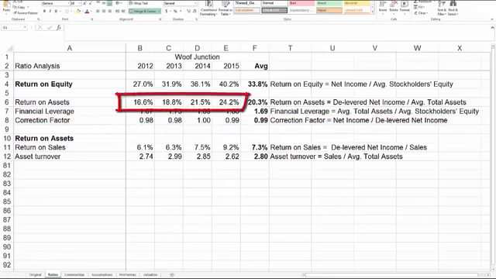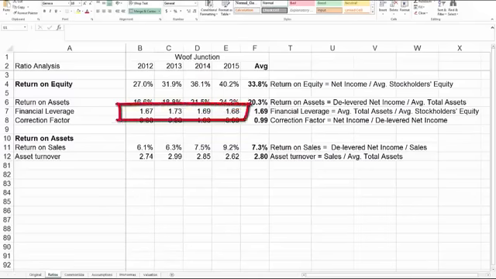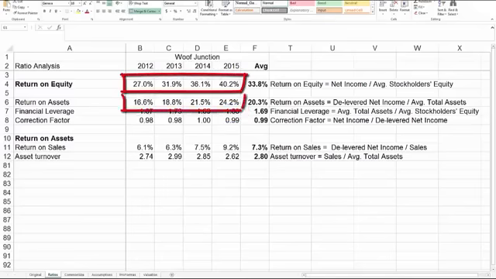Instead, we're going to focus on return on assets, strong upward trend in operating performance. So if you look at this 24%, for every dollar of assets, Wolf now generates about 24 cents in profit in terms of de-levered net income. If you look at financial leverage, it's been fairly steady. So this 1.68 means that for every dollar of investment from shareholders, Wolf buys about $1.68 of assets, so they're getting about 0.68 of debt. So we can say that what's been driving their upward trend in return on equity is an upward trend in